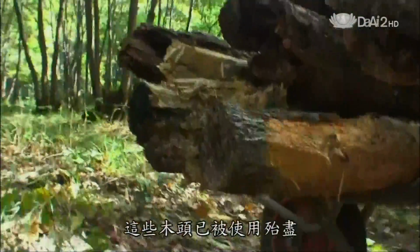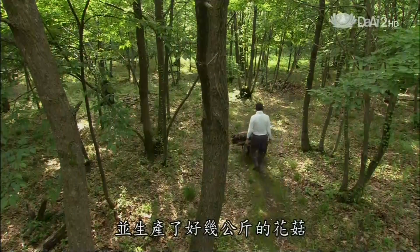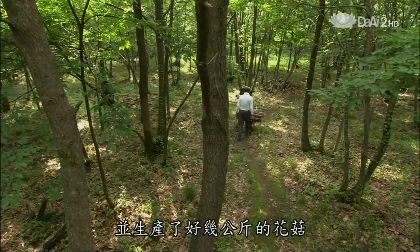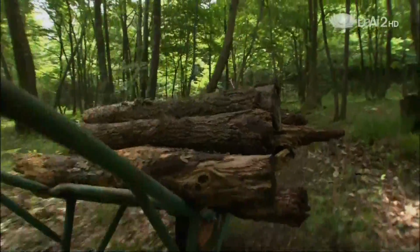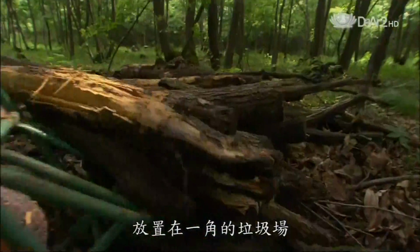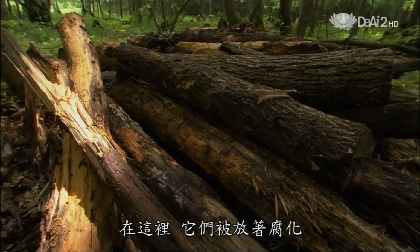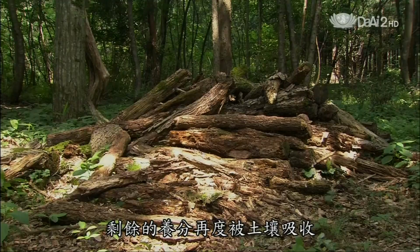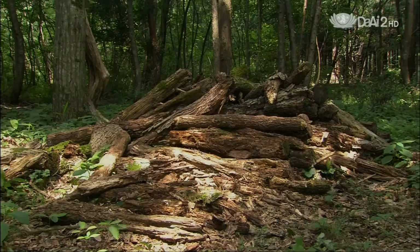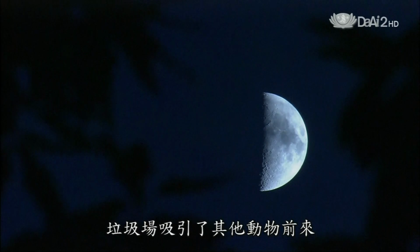These logs are now spent. They were cut down 5 years ago and have produced many kilograms of mushrooms. They're taken to a dumping site at a corner of the forest. Here they will be left to decay so that their remaining nutrients are returned to the soil. Late at night, the dumping site attracts some other